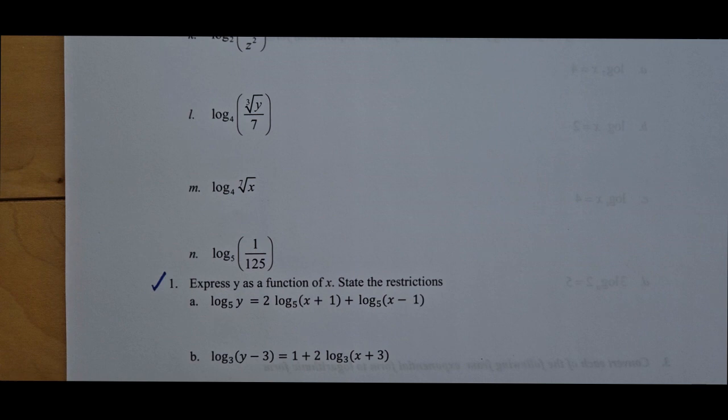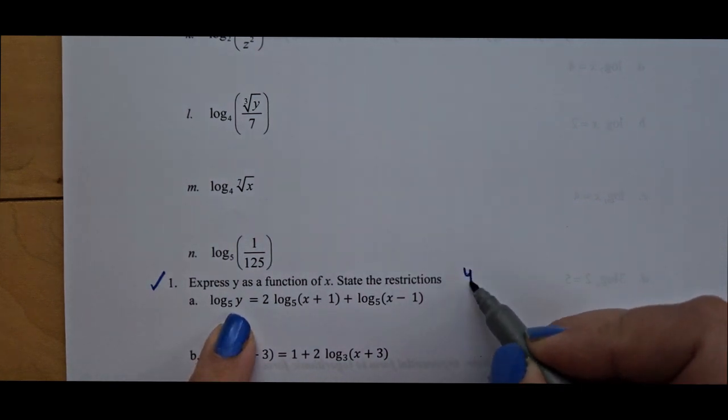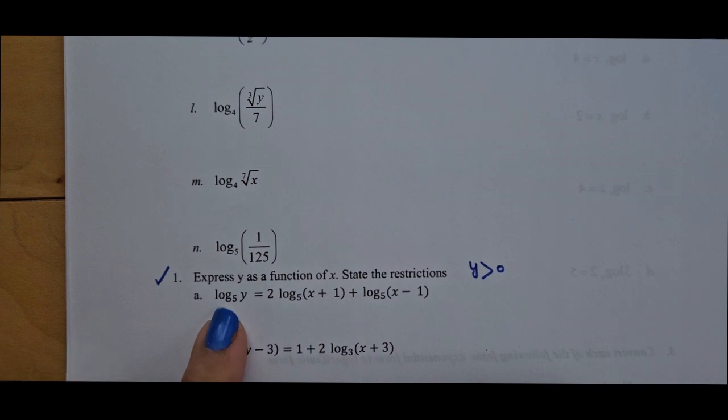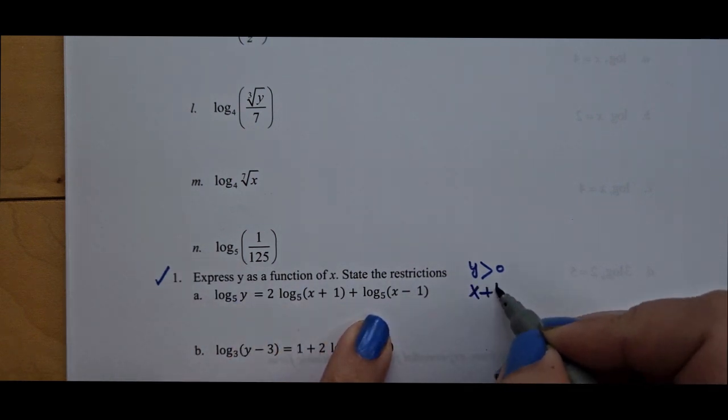Remember, guys, when I was talking to you about the rules, I said you have to take the restriction really seriously. Okay, so here the first restriction is y must be greater than 0. How about the other one? Because here you have 3 logarithms, this one, this one, this one. So the second restriction